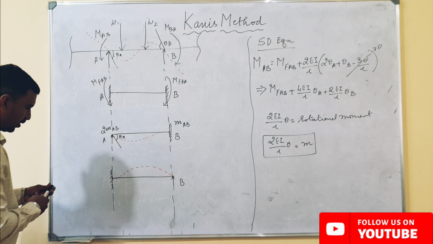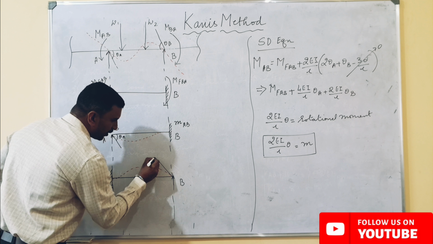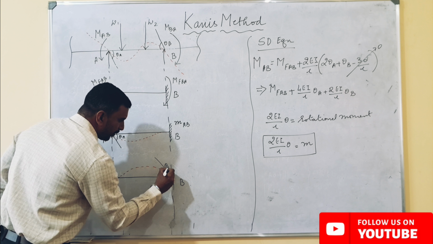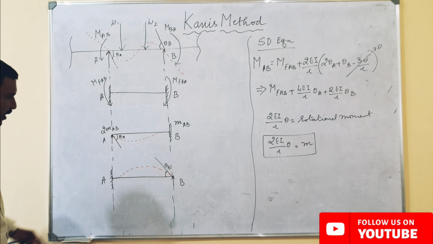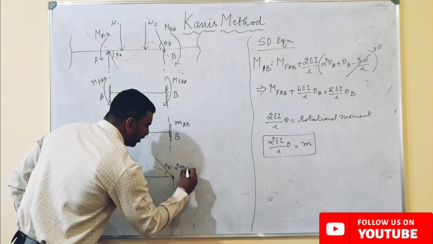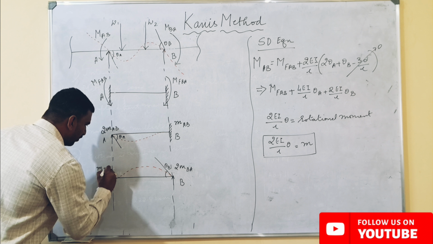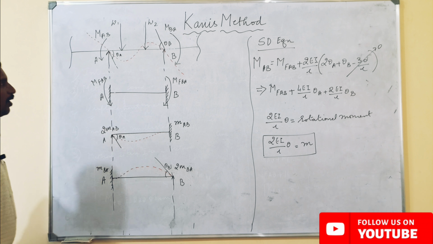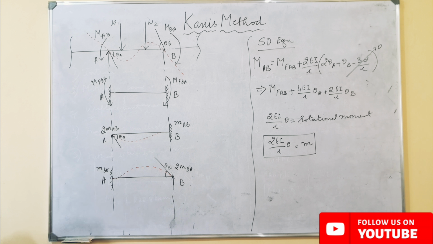So here this is point A, this is theta B. Since the rotation is allowed near the point B and the far end is fixed here, this will be 2 times of moment B to A, this will be moment B to A. Now if I want to find out the end moments, that is moment about A to B, I have to